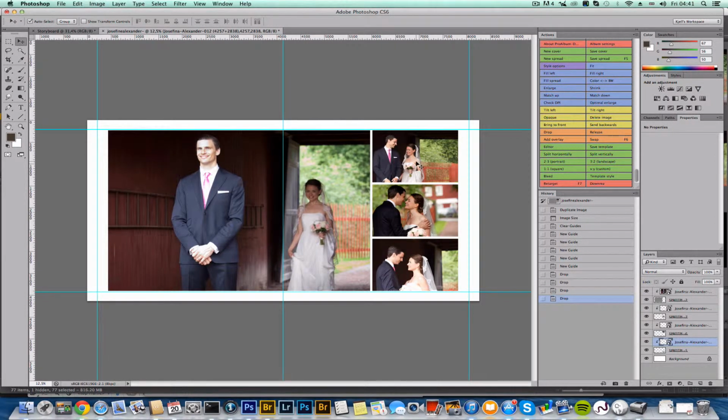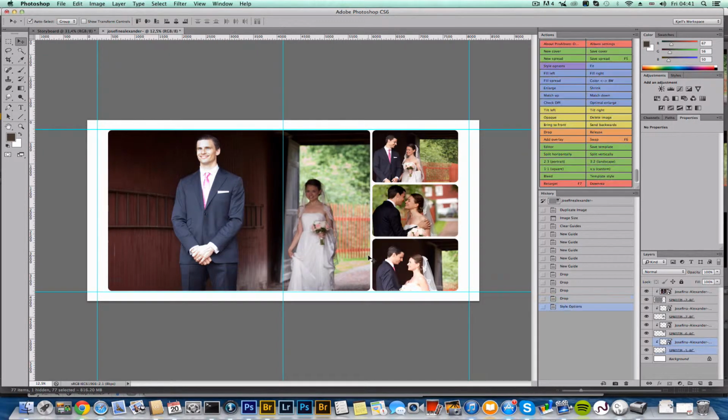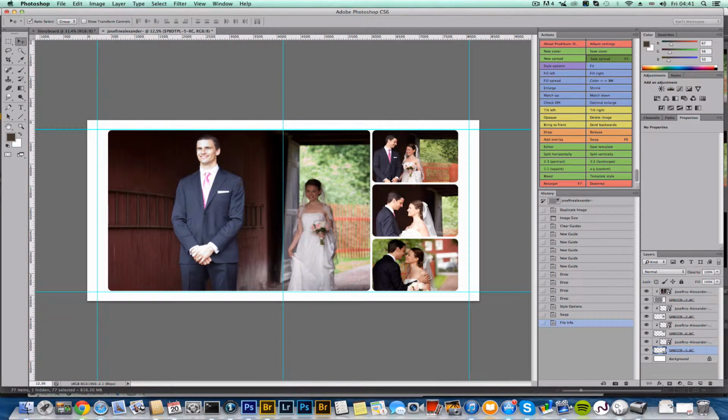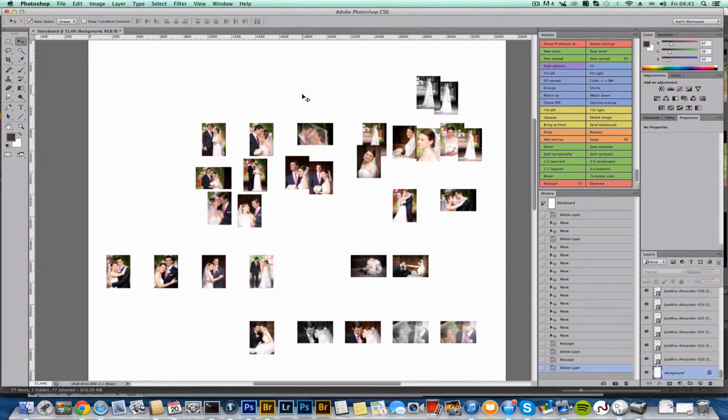So this looks alright. Well, you can do things like round corners if you want. Swap two images around. But this is described in other videos. So I'm just going to save the spread, and this is going to be number 20. In an actual book I wouldn't have round corners on one spread and square corners on another. And coming back here, I just press the backspace key and I'm done with that, and then I'll continue with